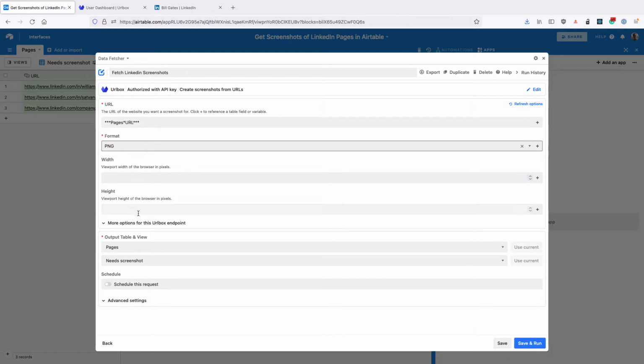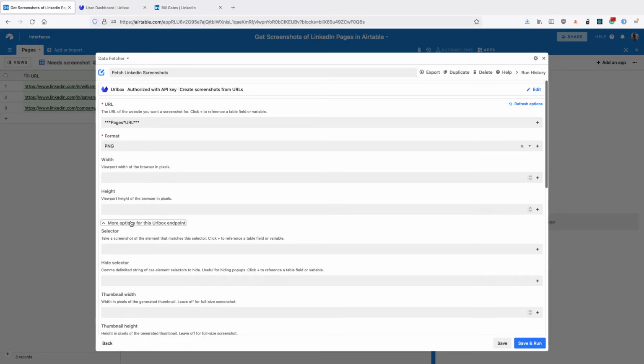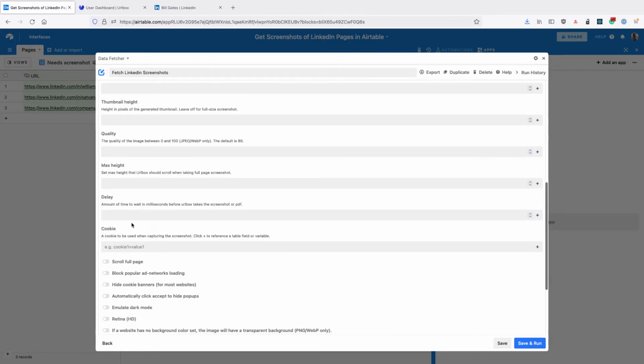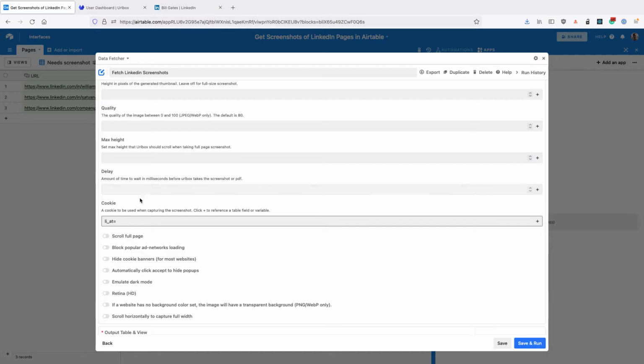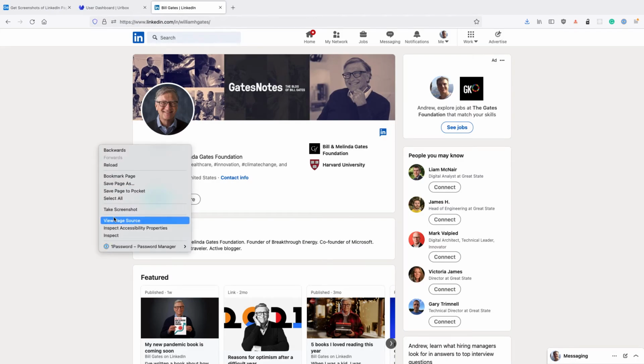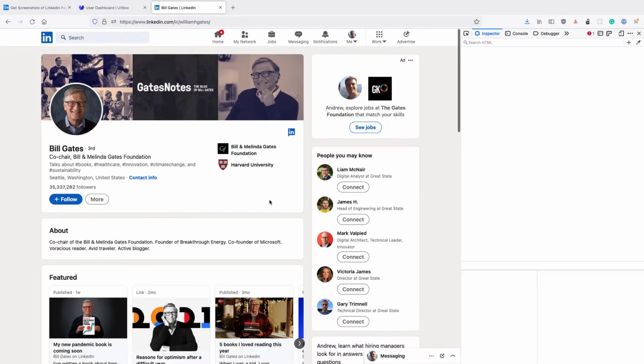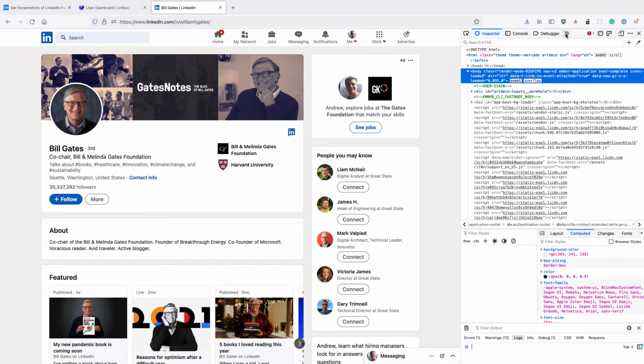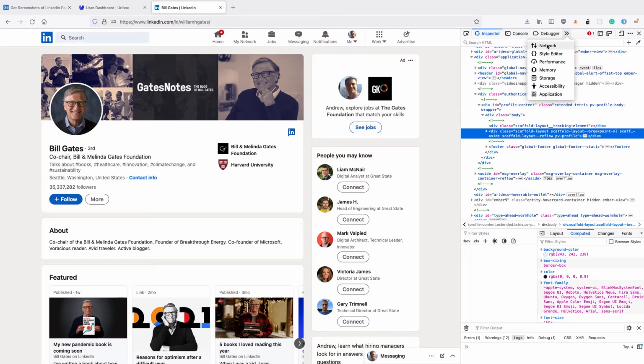So what we need to do is to open this more options here and scroll down, and we're going to set a cookie called li_at equals. Now, this is a little bit technical, but it's easy enough to get from LinkedIn, and once we've done that, we'll be able to create the screenshots properly. So go to LinkedIn and right click and click inspect, and this is going to open the browser DevTools. So then you need to find a tab here called network